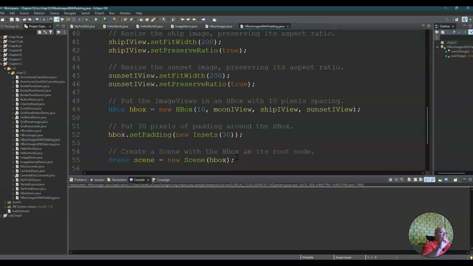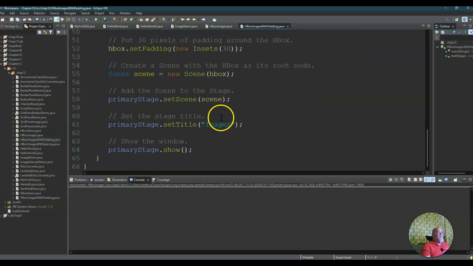Now, I want you to be aware. This is just around the HBox. This isn't padding around each picture. This is the padding around the HBox. The spacing here puts the spacing between the pictures. This puts 30 pixels around the entire HBox. So now we put the HBox in the scene in a stage, we set the title of the stage, and we show it. So now when we run it,